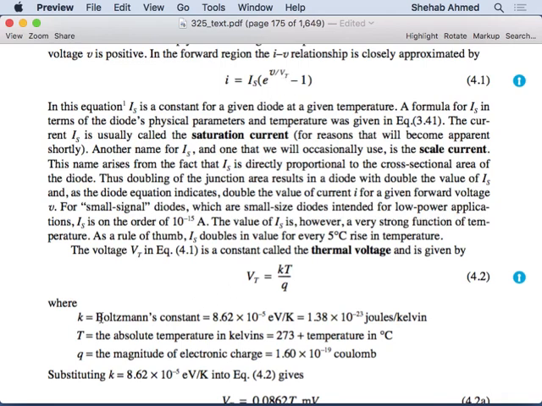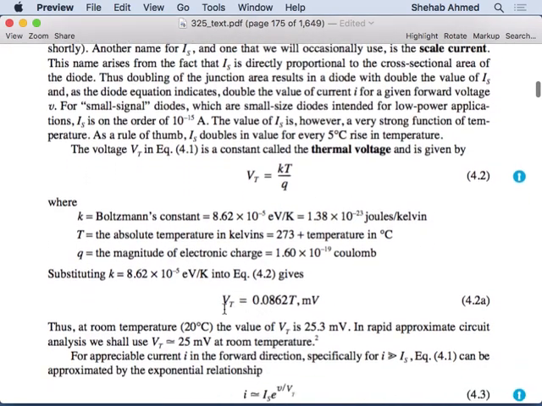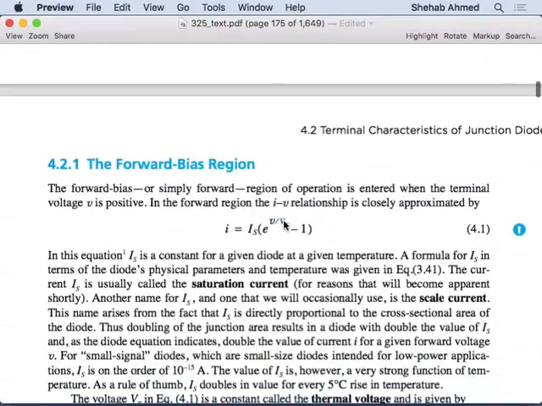If you do the numbers and calculate VT at room temperature, it will be about 25 millivolts. Why is this important? Because later we will approximate. We'll typically use VT as 25 millivolts and look at where we are on the current characteristic curve. If you know VT and you know IS, the saturation current of the device, you just have to assume different values of V and you can sort of draw the value of current through this diode. So that being said,